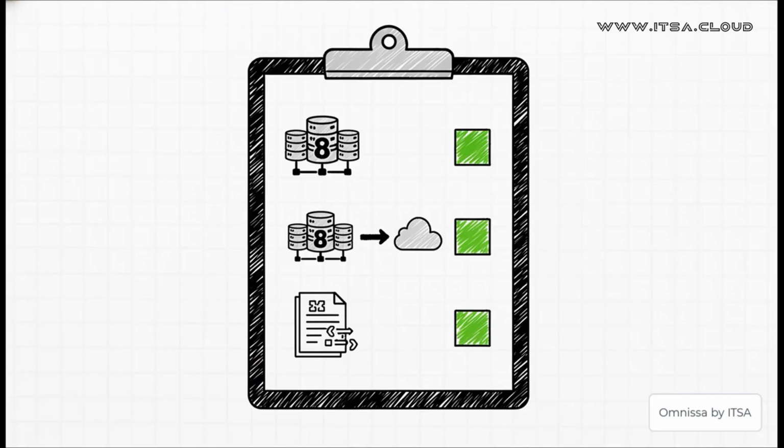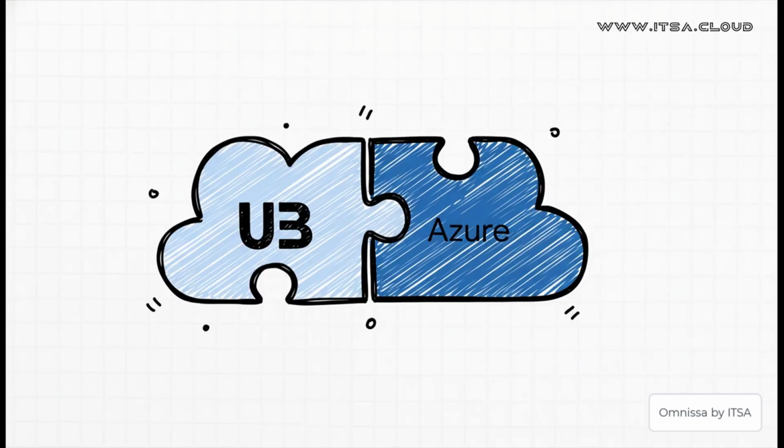There are a few key requirements to get the Universal Broker going. First, you've got to be using Horizon 8 pods. Second, those pods need to be connected to the cloud control plane. That connection is what lets the cloud service see and manage all your resources. And of course, you'll need to make sure you're on a supported software version. It's also worth noting that while it supports hybrid deployments, the service was really designed with Horizon Cloud Service on Azure in mind. That's kind of its home turf, its sweet spot.